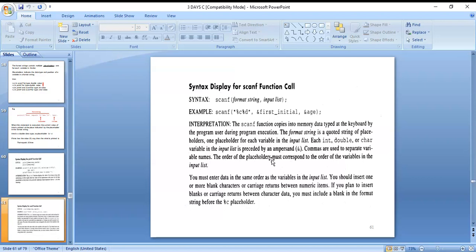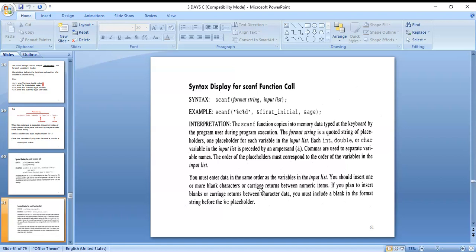The order of the placeholders must correspond to the order of the variables in the input list. You must enter data in the same order as the variables in the input list. You should insert one or more blank characters or carriage returns between numeric items.